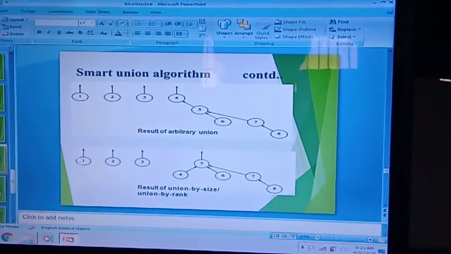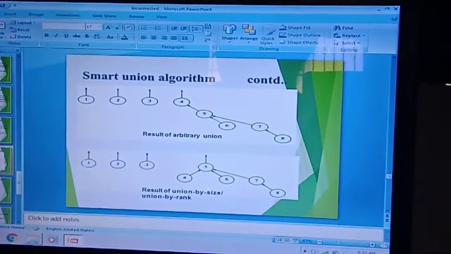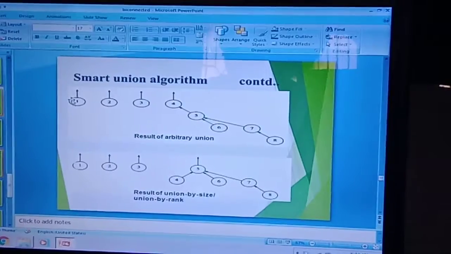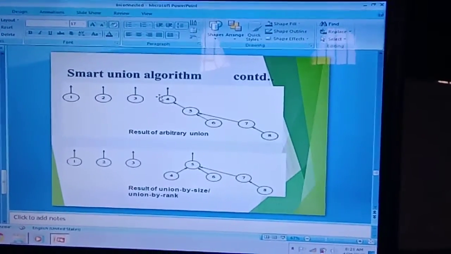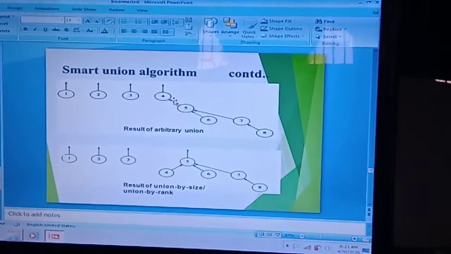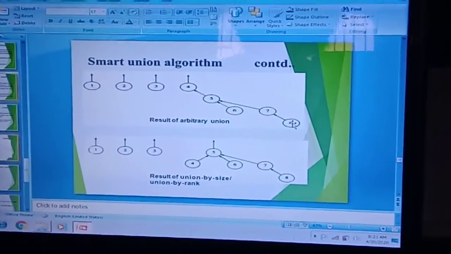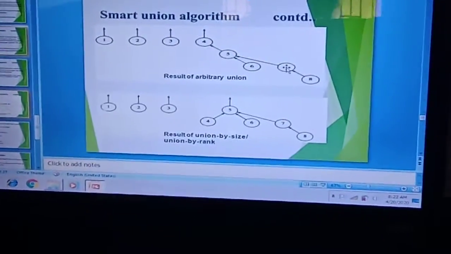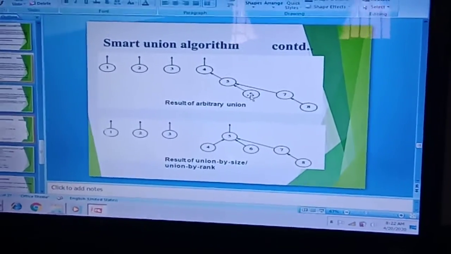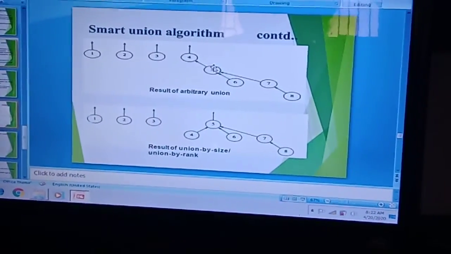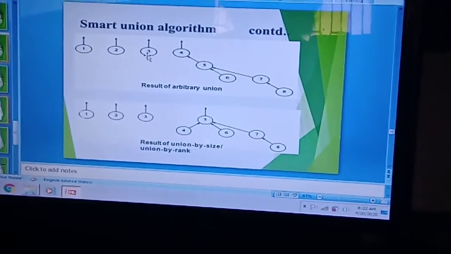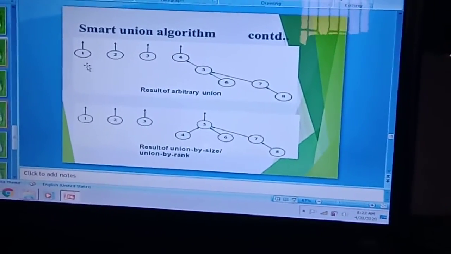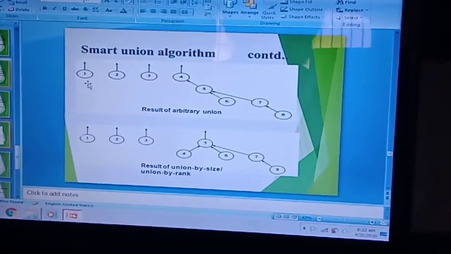So here, this is the example for the union algorithm. First, initially we are considering all the elements as independent, the result of arbitrary union. Next, we are simply attaching elements one by one: initially 8 with 7, and next adding 7 to 5, and next 6 as another child to 5, and adding this subtree to 4, and again you can add 4 to 3, and again 3 to 2, and 2 to 1. That becomes a complete connected graph.